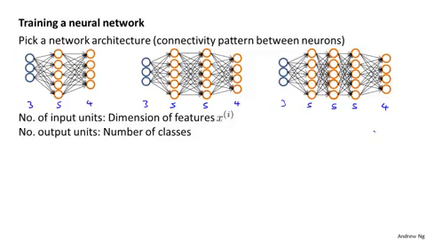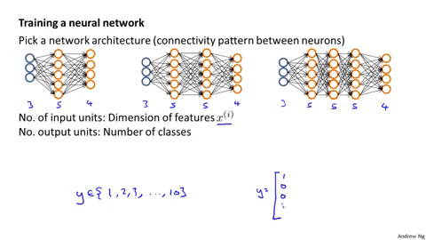Well, first, the number of input units, well, that's pretty well defined. Once you've decided on a fixed set of features x, the number of input units will just be the dimension of your features xi, determined by that. And if you're doing multi-class classification, the number of output units will be determined by the number of classes in your classification problem. And just a reminder, if you have a multi-class classification where y takes on, say, values between 1 and 10, so that you have 10 possible classes,